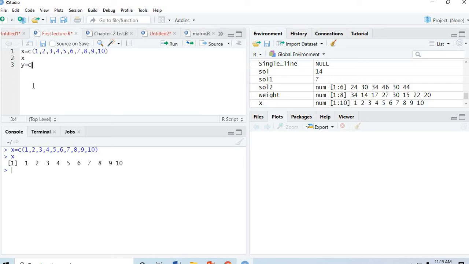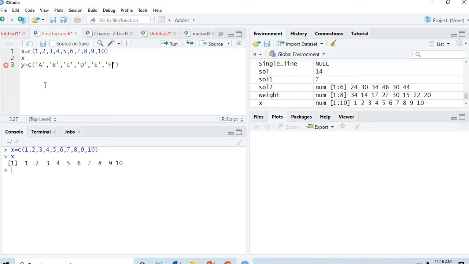I type C and now type certain names: A, B, C, D, E and F.